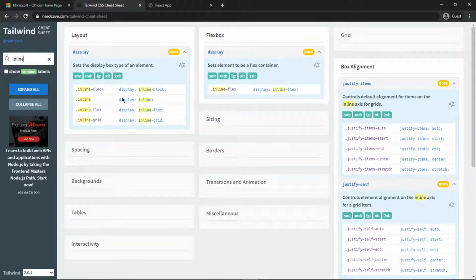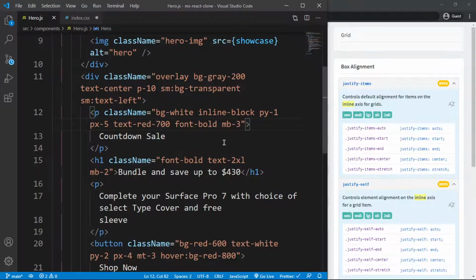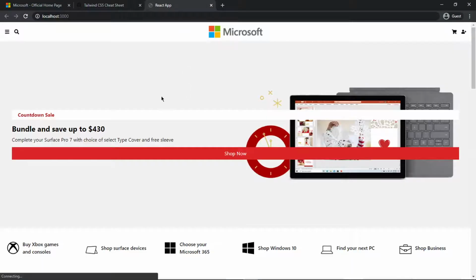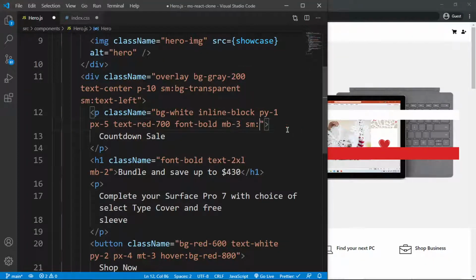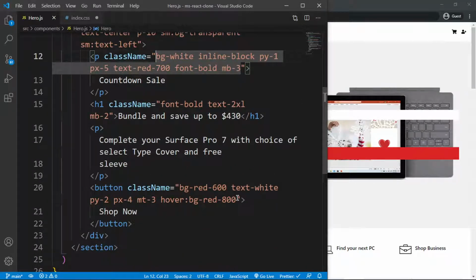Inline block, display inline, display inline flex, inline grid. I'm just going to say for the small, I want it to display as an inline element. Did I add some different styling to this or what? You know what, let me just give this paragraph a class of countdown sale and shop now. Let me say for the bottom, I want the inline block,